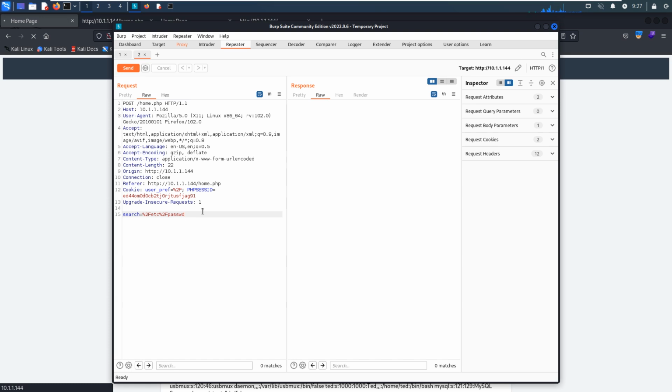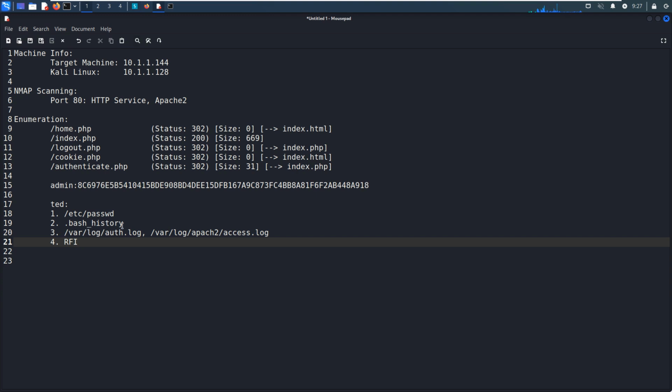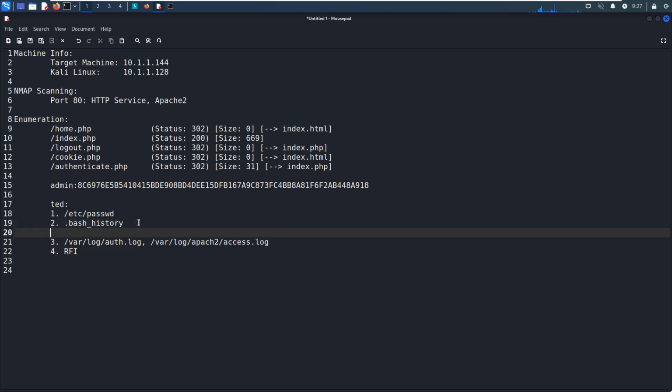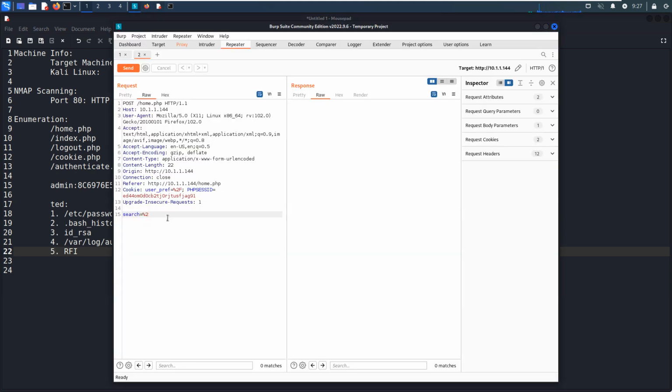For example, sorry, I think a very important thing I forgot to mention is to try to access the private key, okay? Very important. Now we try to access the private key, Ted's SSH private key.